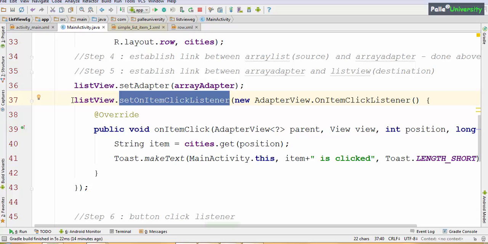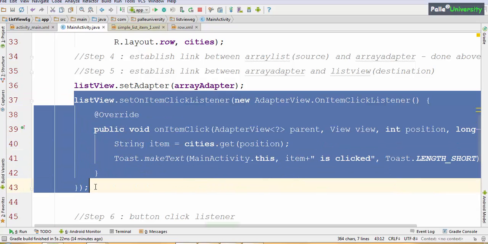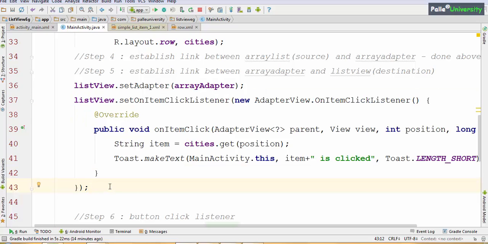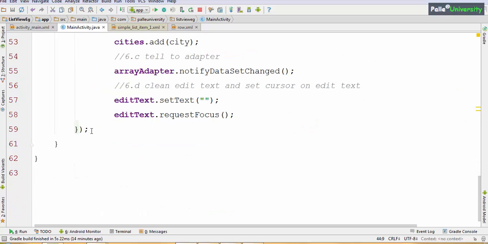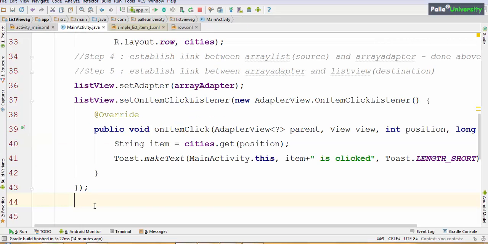You have to come out of this list view setOnItemClickListener, which starts here and ends here. You have to come out of this method. You should never write a method within another method. You can write it either before this button click listener or at the end of this button click listener. Preferably, let me write the code here.